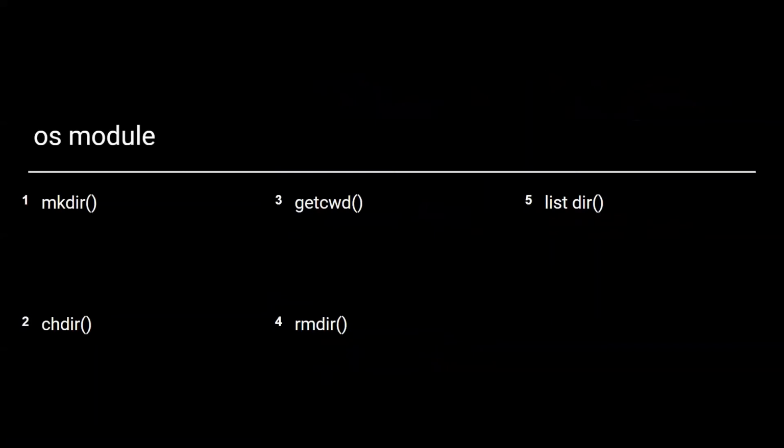So guys, here are the descriptions of some modules. First is the OS module. The functions in the OS module are used to perform the operating system related tasks, such as creating a directory, fetching its content, and identifying the current directory, etc. Here are the five commonly used functions in the OS module. First one is mkdir. It is used to create a directory. Then we have chdir. It is used to change the current working directory. Then getcwd. It is used to get the current working directory. Then we have rmdir. It is used to remove the directory. And then we have listdir. It is used to list the contents of the current directory.